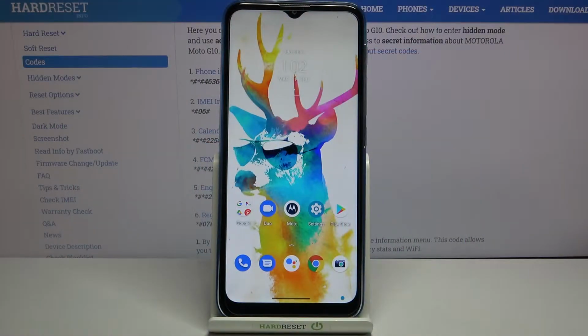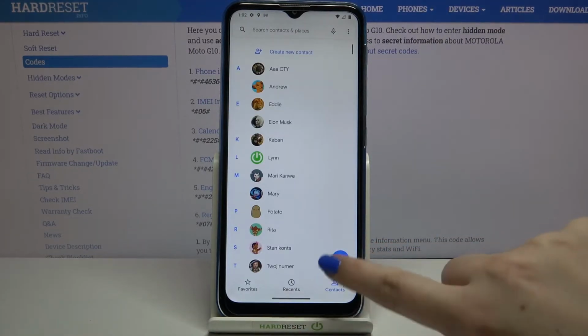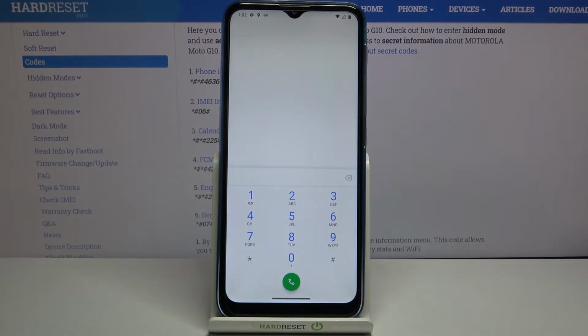Hi everyone, here we've got Motorola Moto G10 and let me share with you some useful secret codes which you can use and apply on your device. So let's open the dialer and let's tap on the keypad because this is the place where we will enter all of those codes, and let me begin with the shortest one and I think the most known, which is